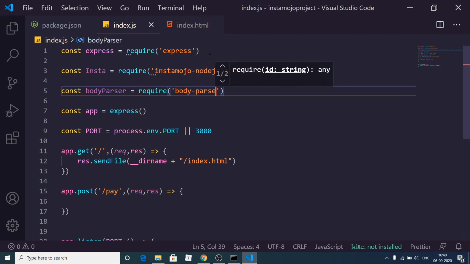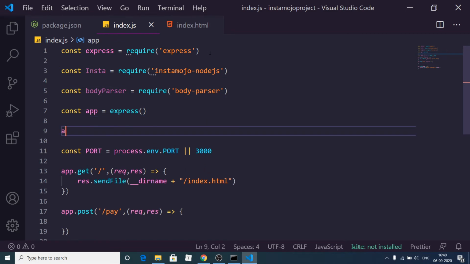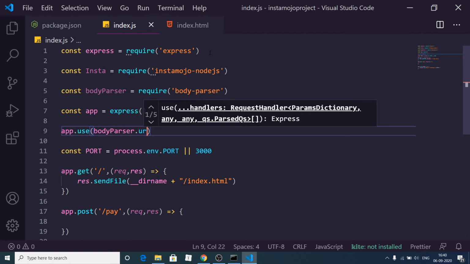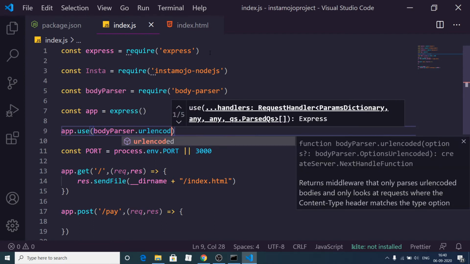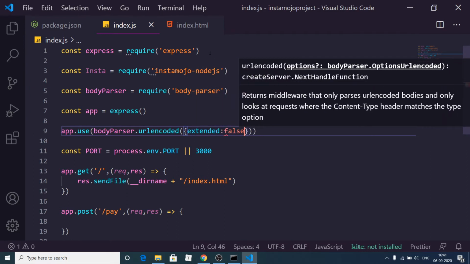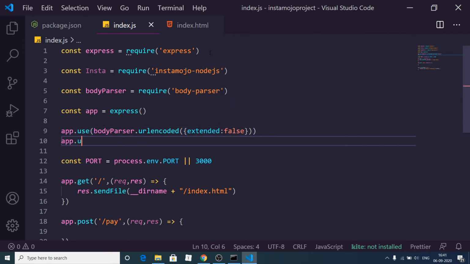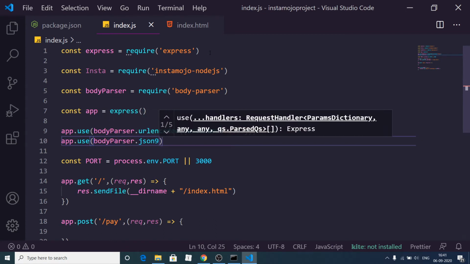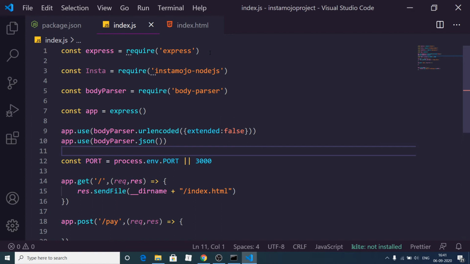And then we will use this middleware, app.use bodyParser.urlencoded, and inside this we need to pass extended false, and also we need to write the statement bodyParser.json. This will initialize the body parser middleware.